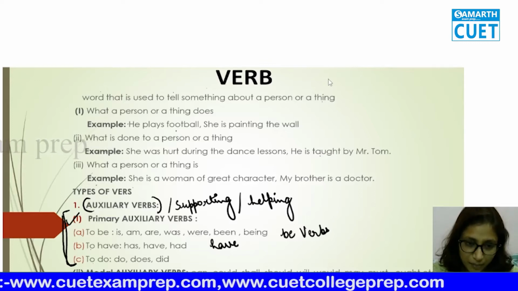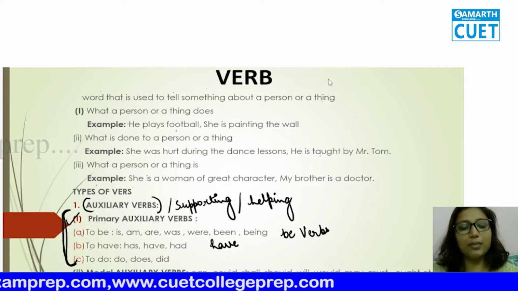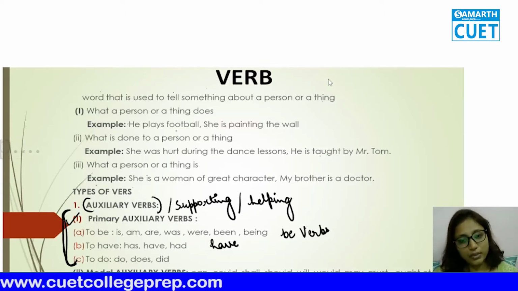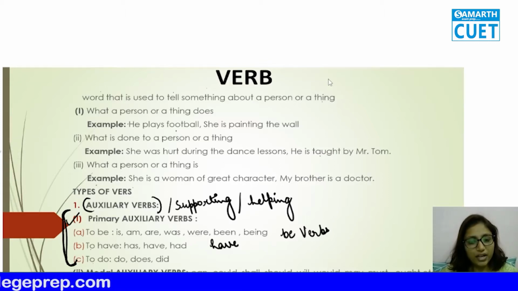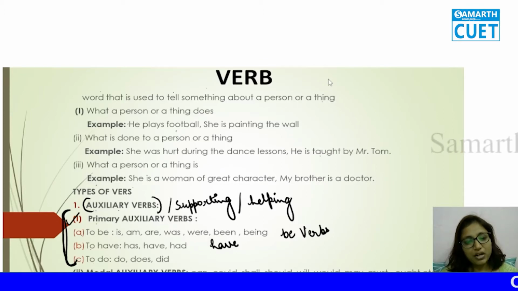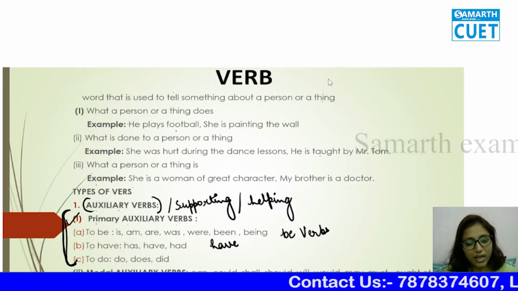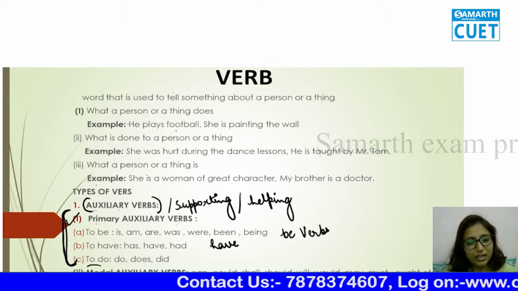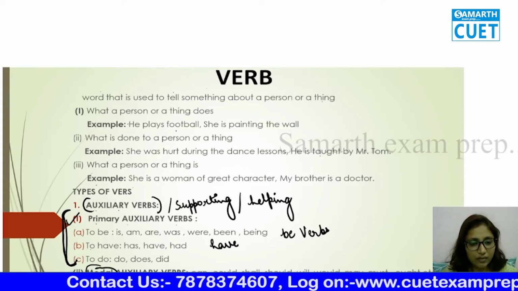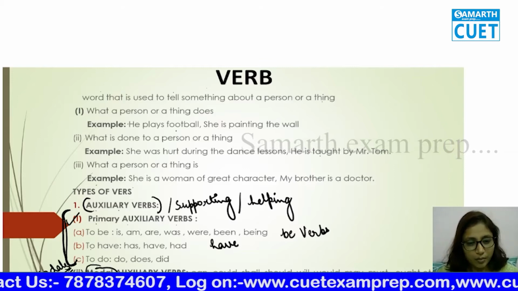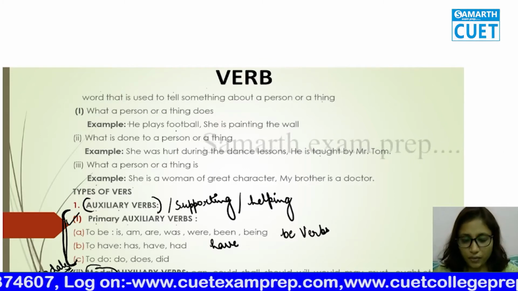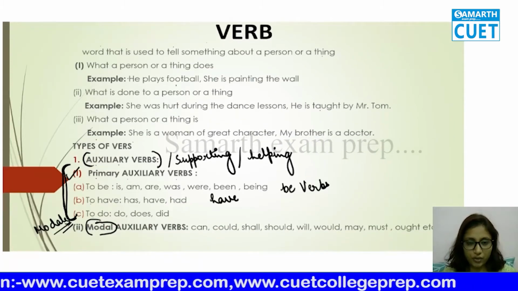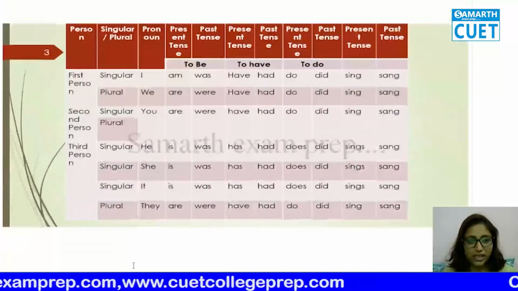Through examples, through first person, second person, and third person for better usage. So the first type of verb which we are discussing right now is the auxiliary verb. Auxiliary verb has primary auxiliary verbs. First we are discussing them. And the second one is modal auxiliary. For modals, we are going to take another class, but I'll come back to it just for a few minutes and give you the introduction of it. First, let's move to auxiliary verbs.